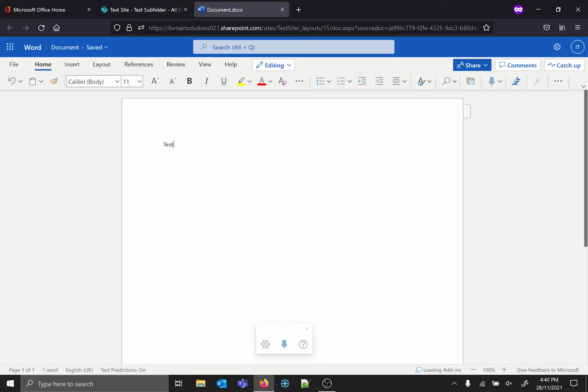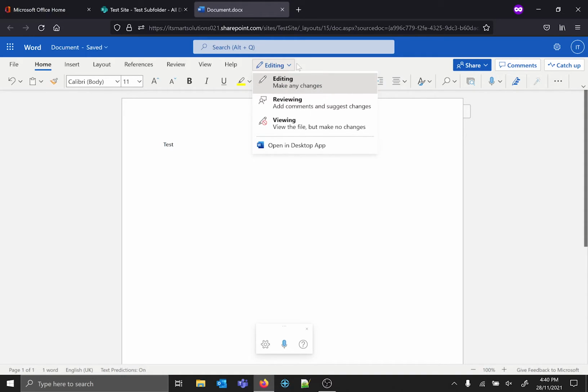Like I said, there are some very rare edge cases where the offline application has a function that the web browser doesn't, just because the web browser can't handle everything, and it's a little bit more limited, and things that are very resource intensive and hungry for processing power might not always work in the browser. But for your regular day-to-day basic functions, you could absolutely work on a Word document out of the web browser like this. Now we've got this editing button here, so if we did click that,